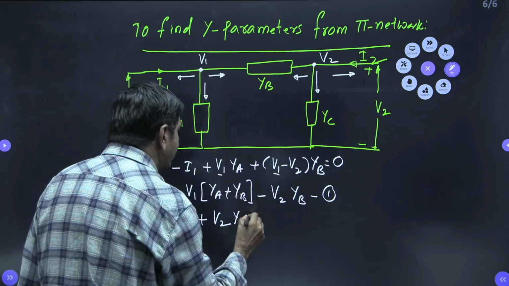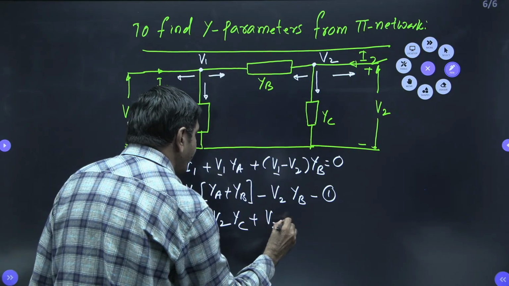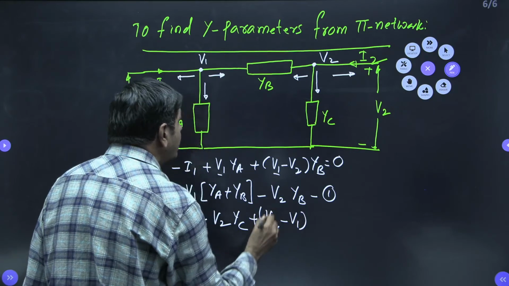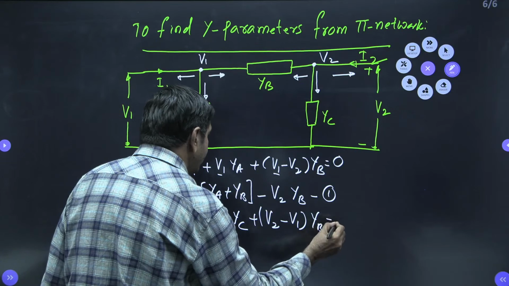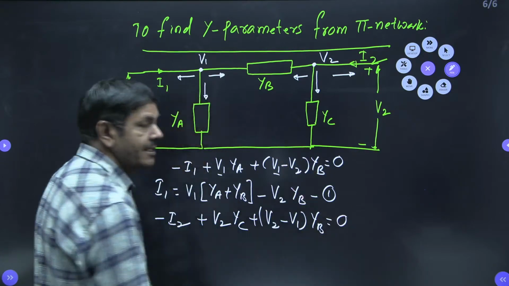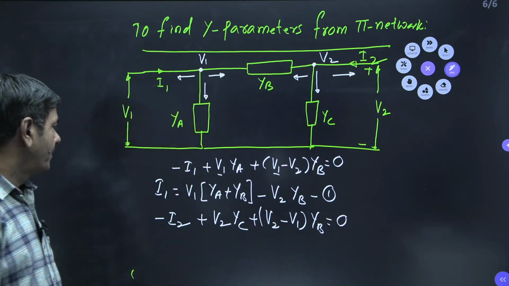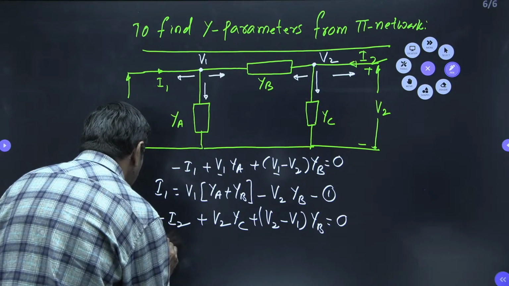What about this current? V2 minus V1 into what? V2 minus V1 into YB I can write here now. The summation of all these currents is equal to 0 only. But I2 is required here now. I2 is nothing but